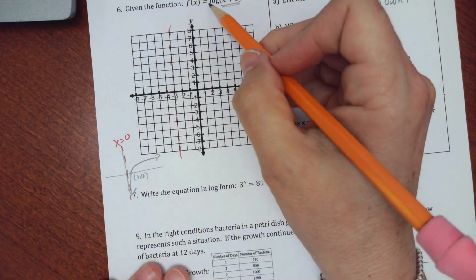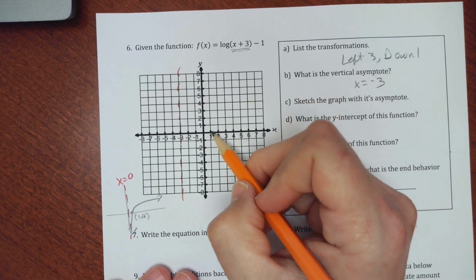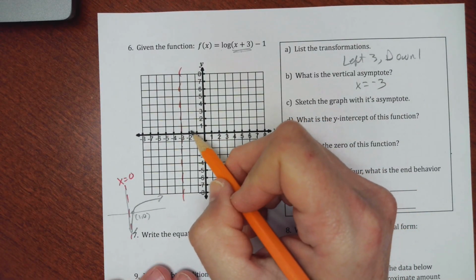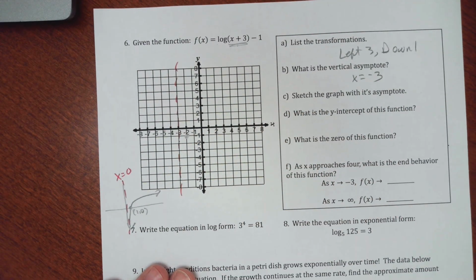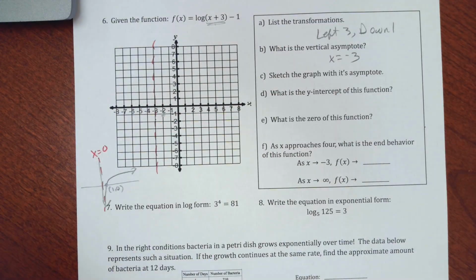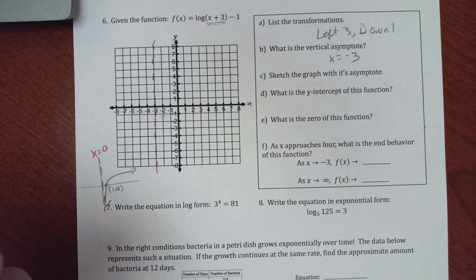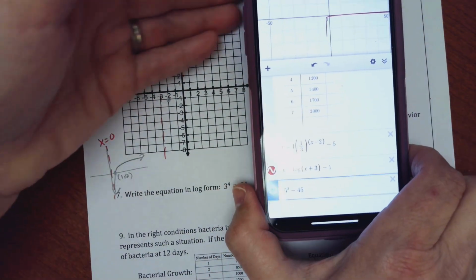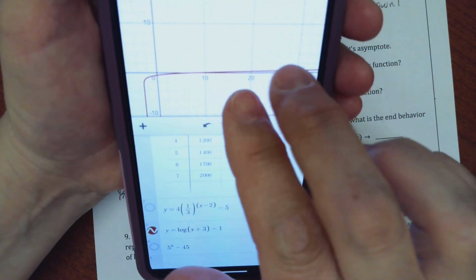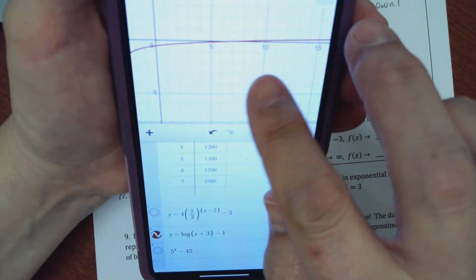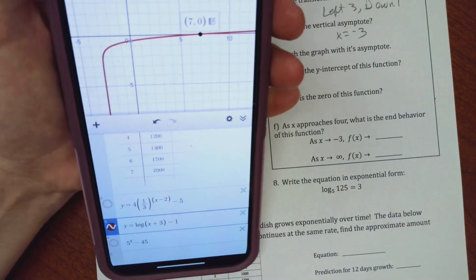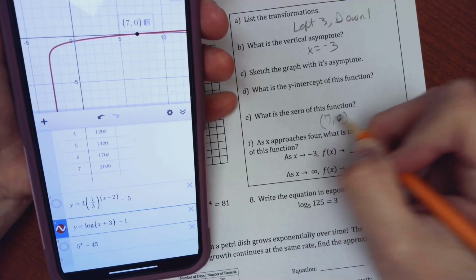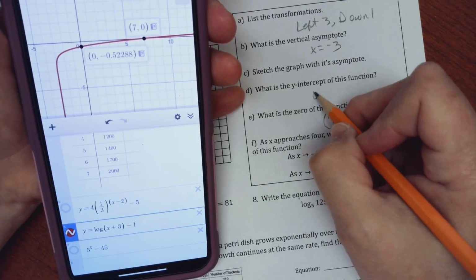And if there's no stretches or anything like that, then you can kind of track this point. Remember this point 1, 0? So 1, 0 is going to move to the left 3, 1, 2, 3, and down 1. So it's going to be like right there. But for the rest of the graph, I would go ahead and put it on Desmos. To get a log, you could just literally type the word log. All right, so here's what this picture looks like. And I can see I have an x-intercept right there at 7. That's a 0. And the y-intercept over here at 0 and